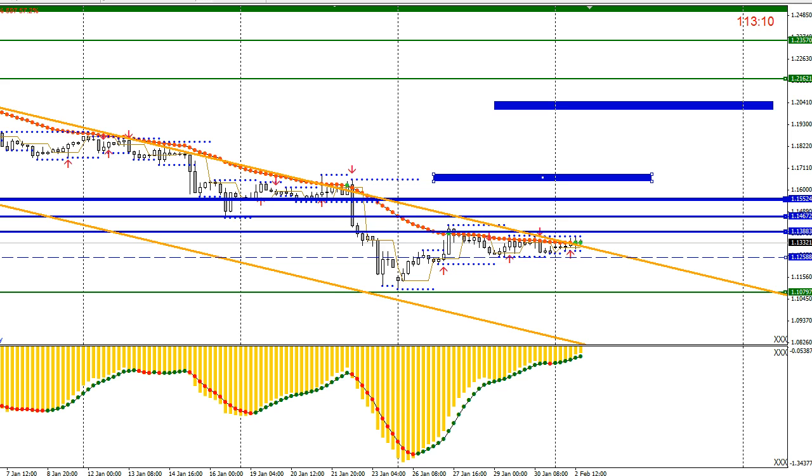The downside is quite nice because you would potentially have 167 pips initially to the downside before it hits a level of support, which is the weekly support line, and then if it breaks it, it should go down for a total of almost 400 pips on the downside. For the upside would be the break of 1388 and potentially